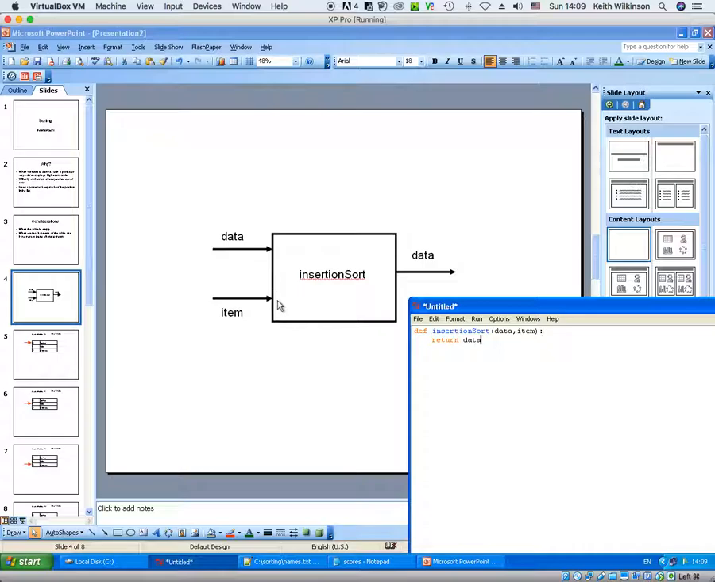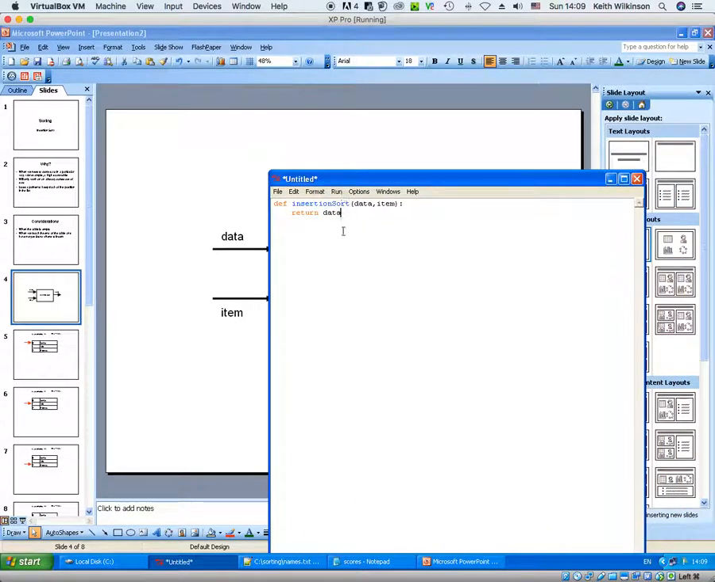on the box. However, it may crash when we run it. Data is certainly okay because it takes in a value data and returns it, so it knows what that is. It doesn't really know what item is, but it doesn't do anything with it. So we may get away with the program just running from this point with nothing happening. So if I save it,